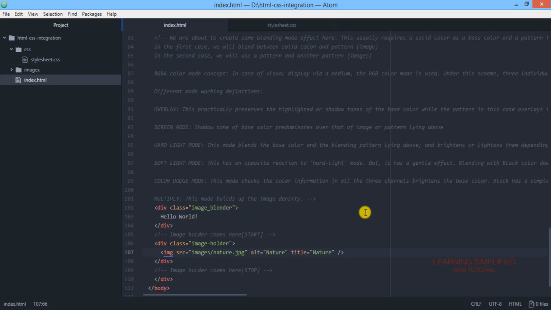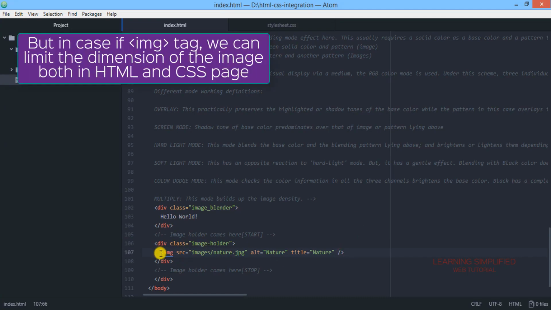But in case of a particular image source, we need to provide a particular image into our index.html or any HTML page, and that is why we can mention a particular dimension. That means we can specify a particular dimension to that particular image whenever we apply it.